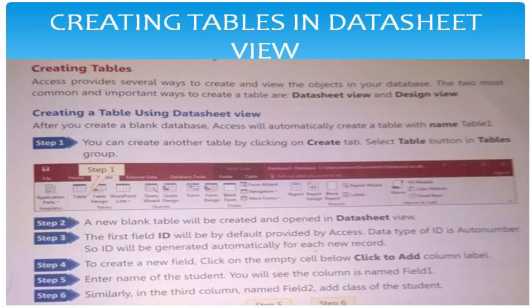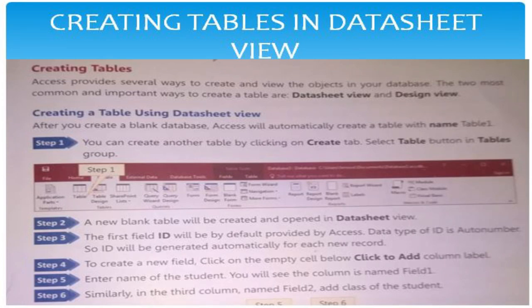After writing this, if you want to save this table, there is a save button here. Then click on save and write the table name here, whatever you want to write, like table 1 or student details, and click on OK. The table will be saved. I'm going to show you again. Click on create and there is a table option, and default ID will be there, the first field name. I already told you columns are called field names, rows are called records. Rows means this side. So here you can write Abhay, and the second one is class, suppose class 5th, and next one new.